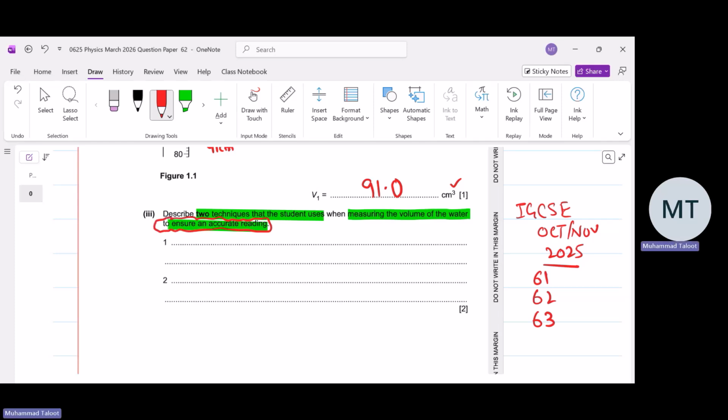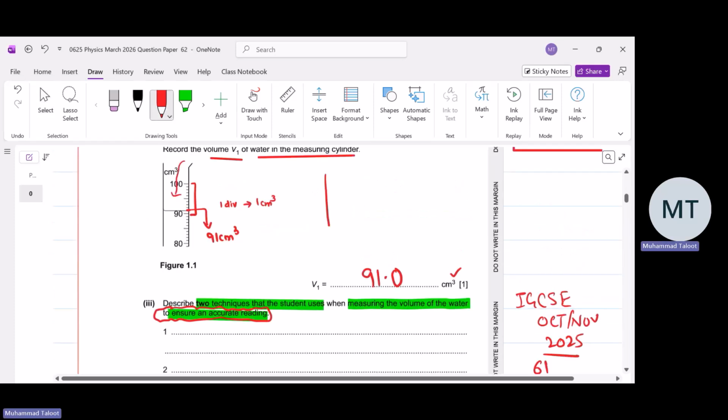So you must remember the techniques here. Describe 2 techniques that a student uses when measuring the volume of the water to ensure an accurate reading. The very basic one should be that you have to read the lower meniscus. If you add the water in the measuring cylinder, you might observe there are 2 edges of the water you